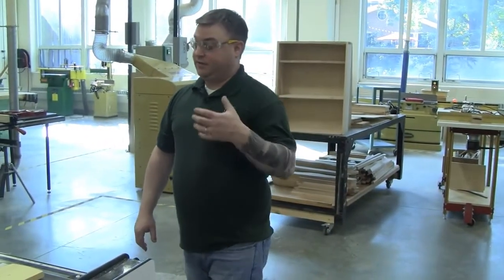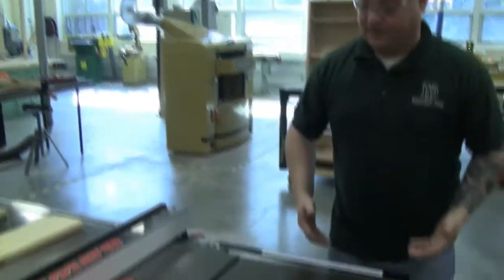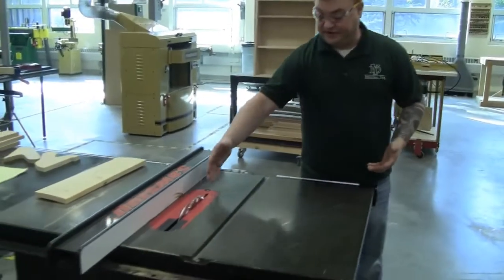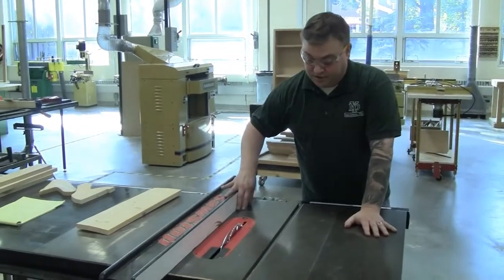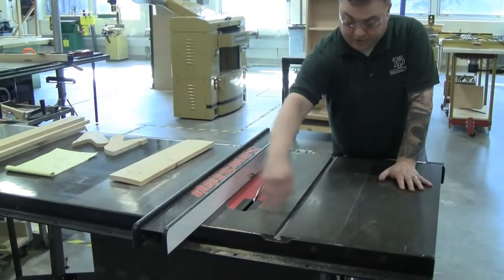So we want to make sure that we stand out of the way, so that if anything does happen in here, it's going to go past us. We want to make sure our board goes all the way past the blade,